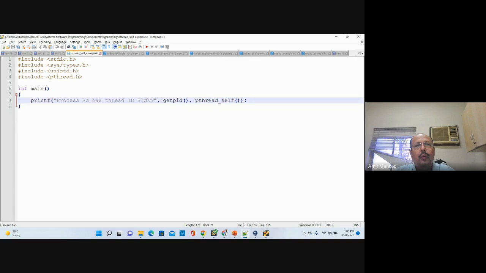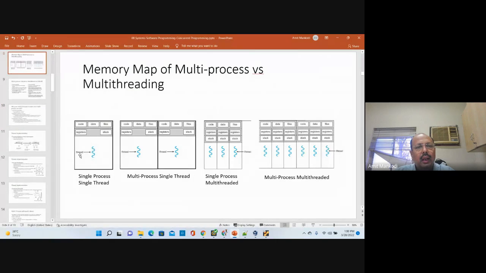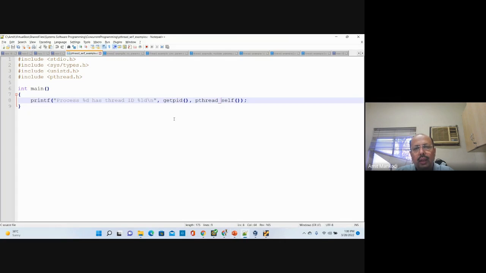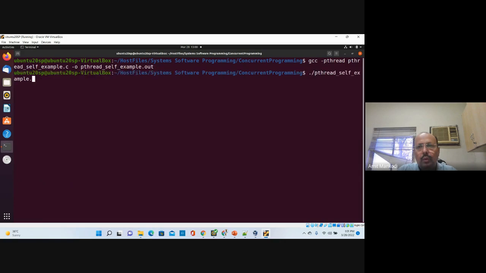So why am I doing this? Because I wanted to show you this particular picture, right? This is a process, but then there is also a thread, the default thread running inside that process. So I'm going to get the process ID, and I'm going to get the thread ID also in this code. So that is what I'm going to run. So pthread_self is the code, so I'm going to compile that with -pthread, pthread_self_example -o pthread_self_example.out, and then I'm going to run that code,